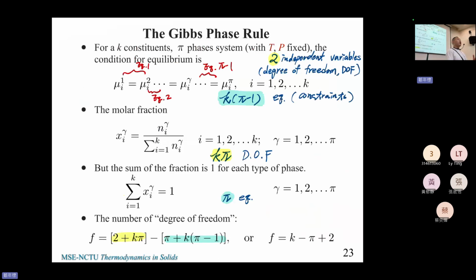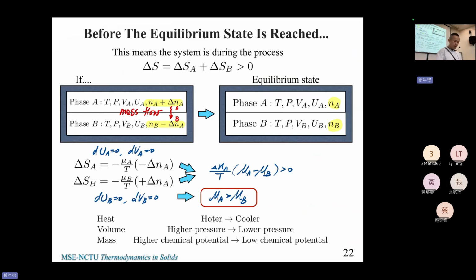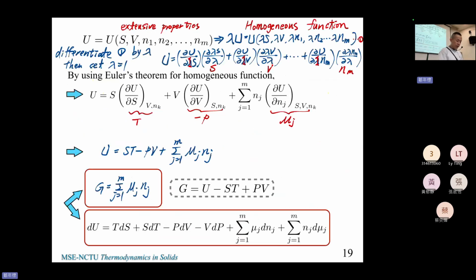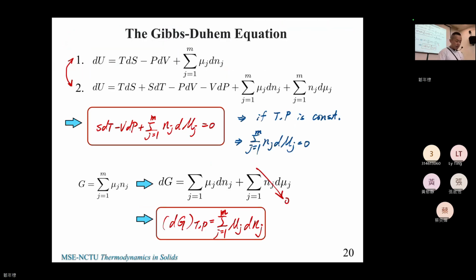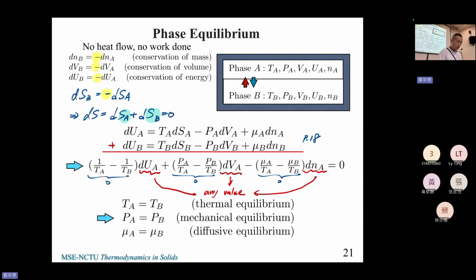A quick recap from last time. Last time we talked about equilibrium. We introduced mu, the chemical potential, and correlated mu and G with some information derived from a mathematical tool, the homogeneous function. Then we found several relationships between chemical potential and G and also U, and how we define phase equilibrium, what is called equilibrium.